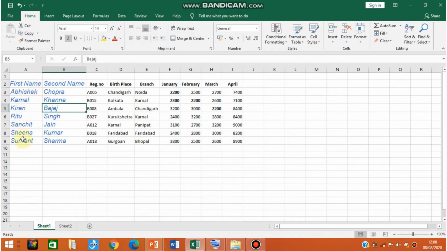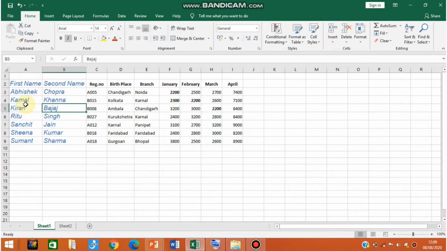Okay, whatever changes you have selected have been applied in your selected cells. The color of the text we have chosen is blue, the font style is italic, and the font type we have selected is Arial. So in this way you can make any of the changes that you want inside the font tab.